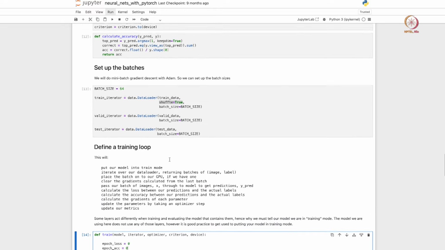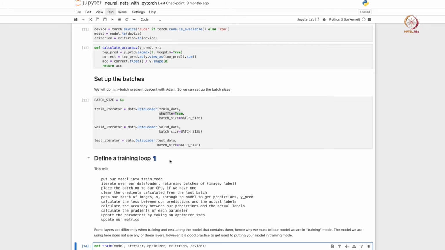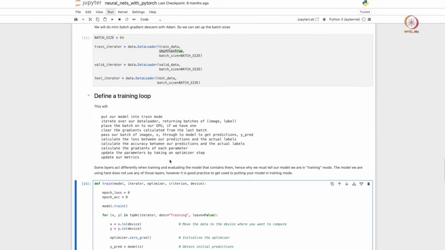Okay. So we have basically set up our optimization criterion. We have set up our batch sizes and defined how we are going to load the data into our model. The next thing is, we have to tell the model how to train. We have created an instance of the model, but we have not instructed the model how to train, right. That is something that we have to define by ourselves in PyTorch. This is why I said PyTorch can be a little bit more non-intuitive compared to Keras.